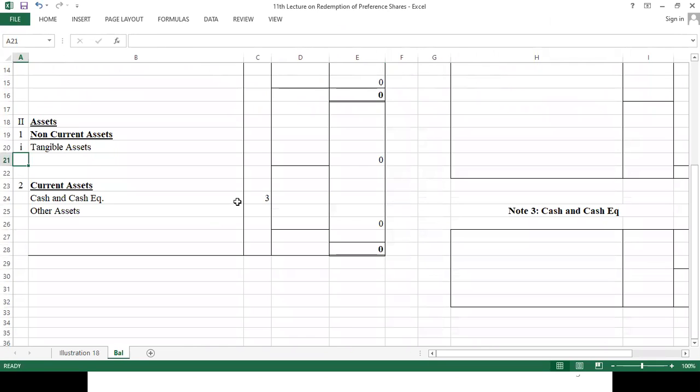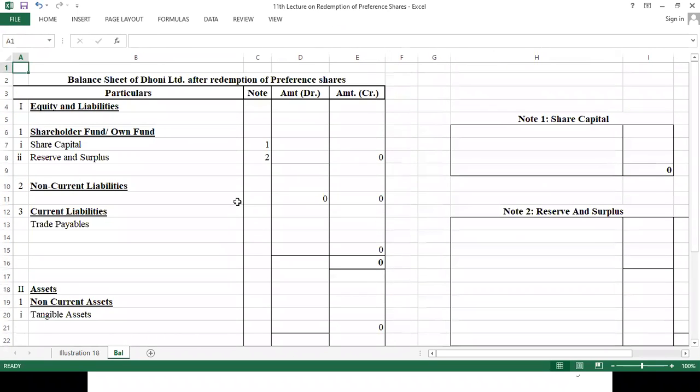Making of balance sheet is very simple. First of all, understand the structure. The structure will remain same. Only 1 to 1 item will change. Okay. So first of all, we are going to write about share capital. For share capital, we have to make a note. Note number 1, we already have 5,000 equity shares of share capital